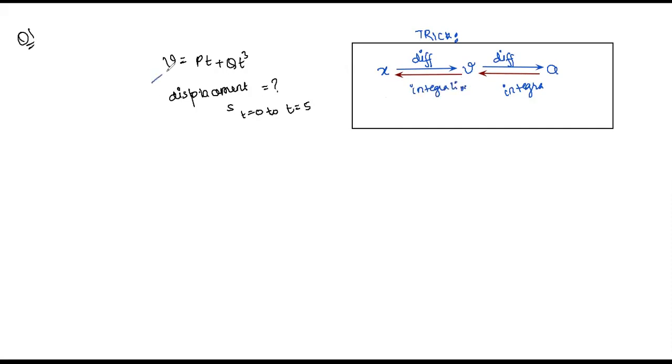What does the question give you? Question gives you velocity. What are you asked to find out? Displacement. Velocity is given and you have to find out displacement. That means you need to integrate. Simply do the same. Here you will write,